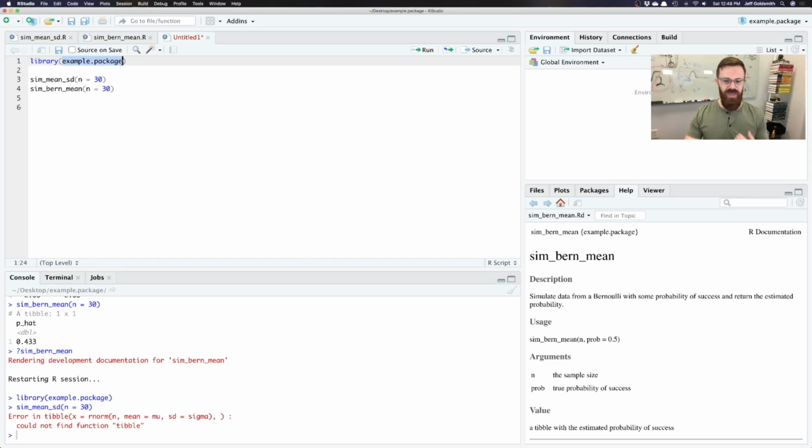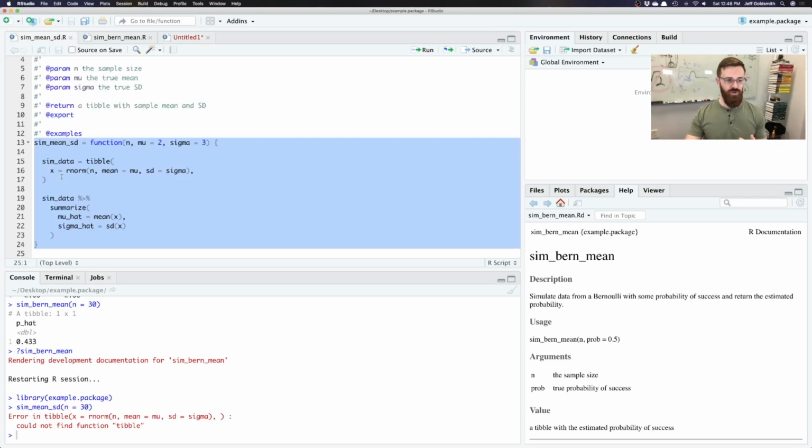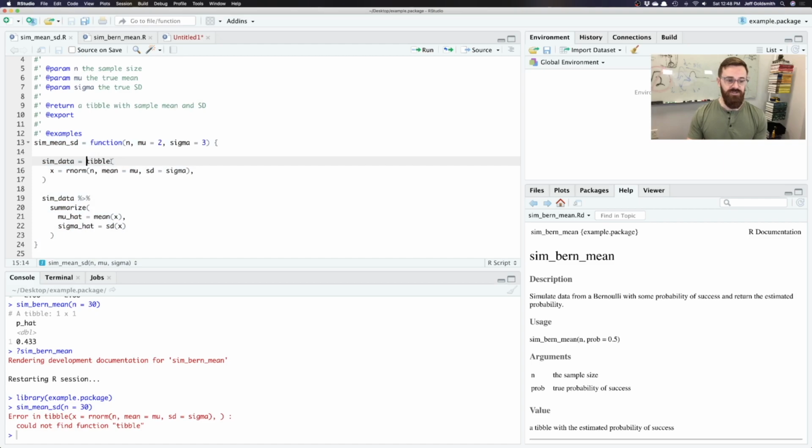Because I don't have access to that tidyverse library directly from the example package, when I try to run this function, it starts at the beginning and it gets to tibble and it says, I don't know what tibble is. What are you talking about? Like, right? So what we have to do now is spend just a couple of minutes working on